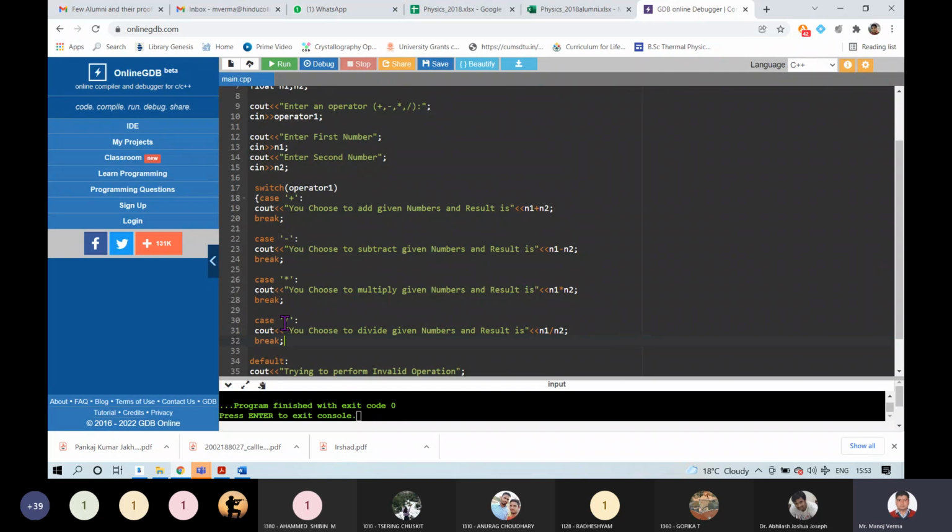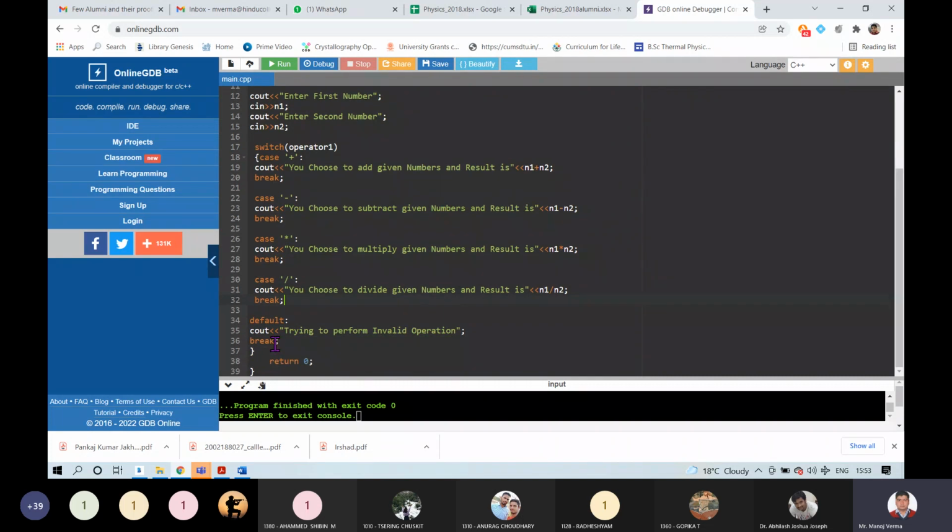So after adding break to all this, if I choose to multiply, then after the compilation of line 27, the compiler will break. The switch case will break. It will not go into further lines, and it will directly come outside this curly bracket at 37. So yes, in switch cases, after each case, I have to write break. Otherwise, it will go into the next cases.